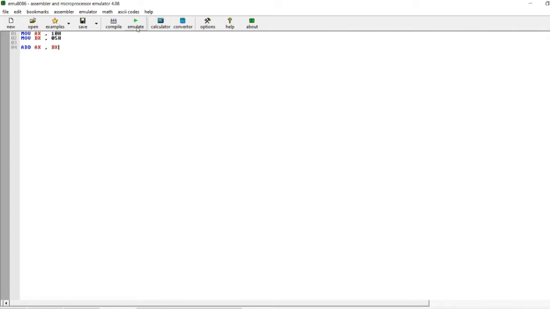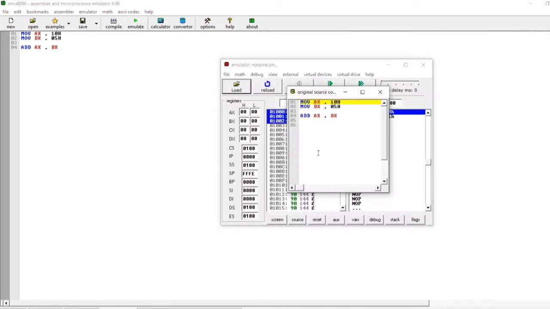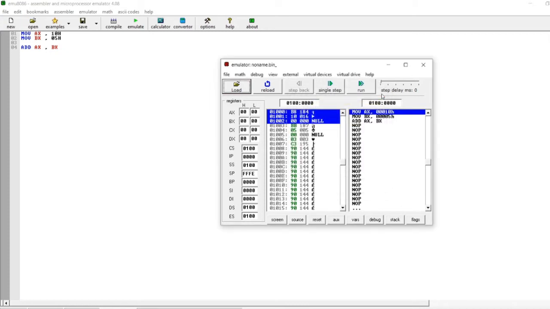I go to emulate and this window appears. I cancel this one. So the first thing you can see is these are our registers, and here you can see the instructions that we wrote, that is MOV AX, 10H, MOV BX, 5H and ADD AX, BX.